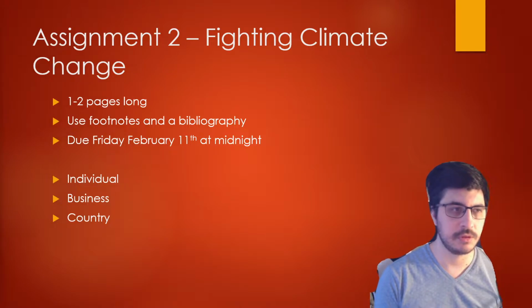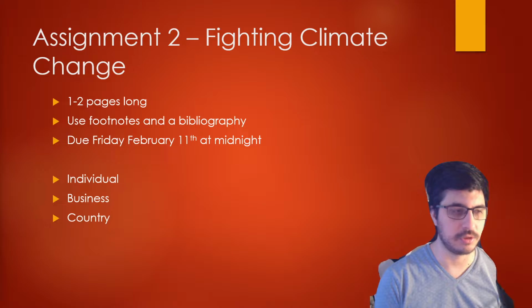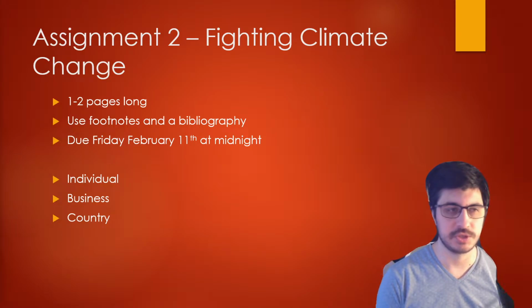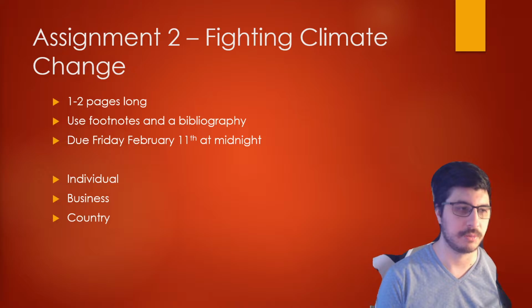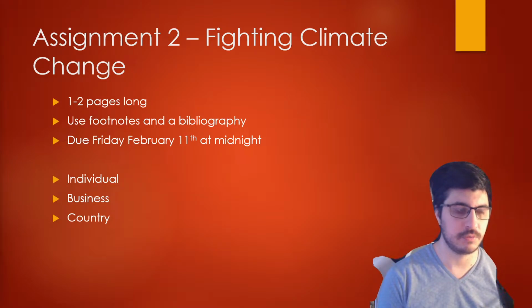There are 3 different groups that you can choose from. You don't have to do all 3 of them. You only have to choose one. So either an individual, a business, or a country. If you're choosing an individual, such as yourself, you're looking at stuff such as how does an individual fight climate change. If you're looking at a business, you can choose a fictional business if you want to make it up entirely,